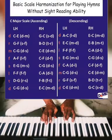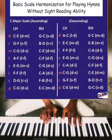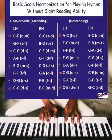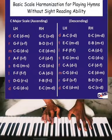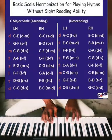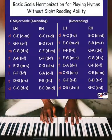Then your Fa, you can decide to change this one to play. Then your Mi, the same way. Your So, the same, your Re, the same way. Then your Do, the same way. So putting them together, you have your